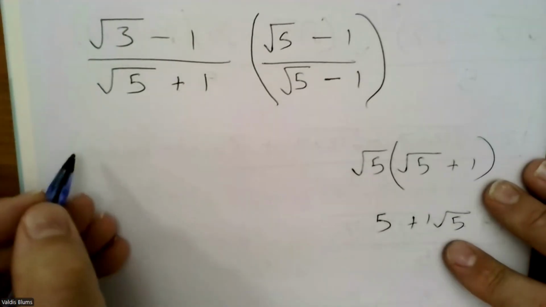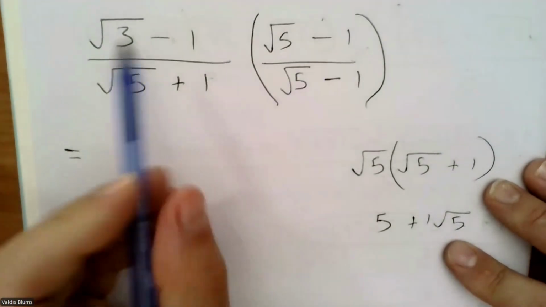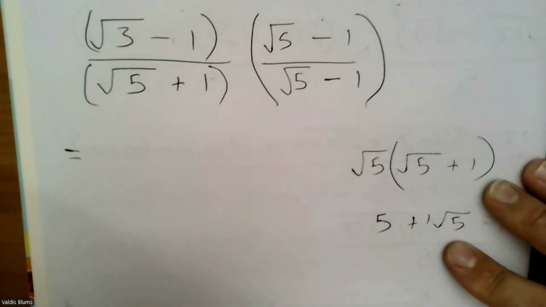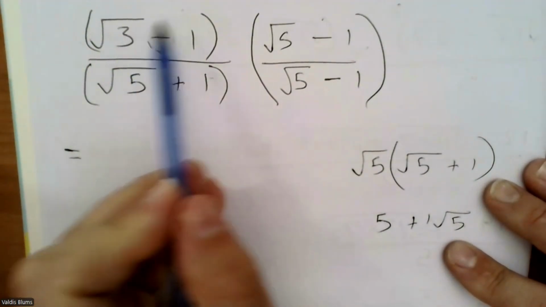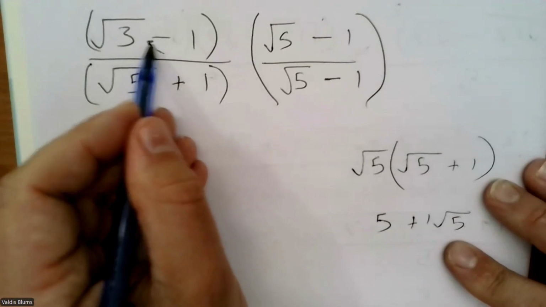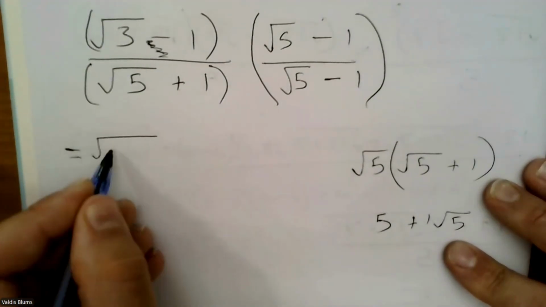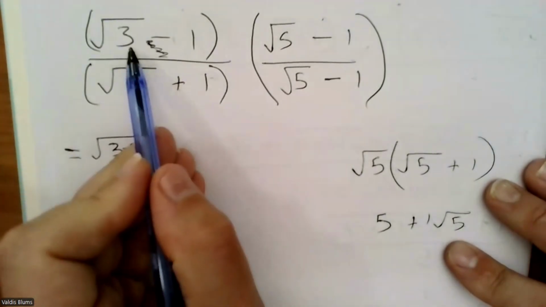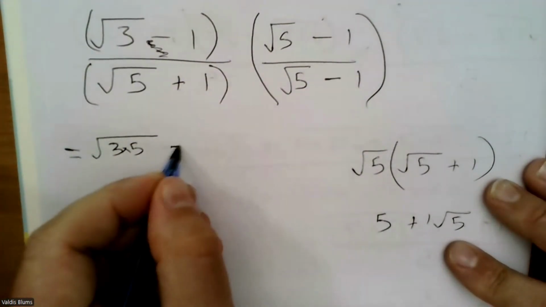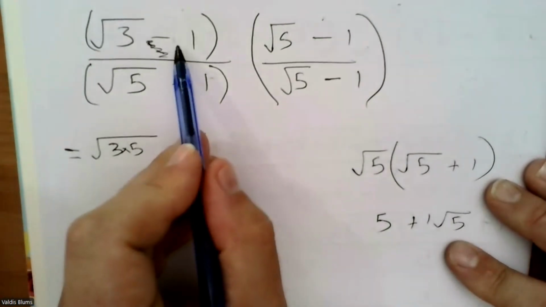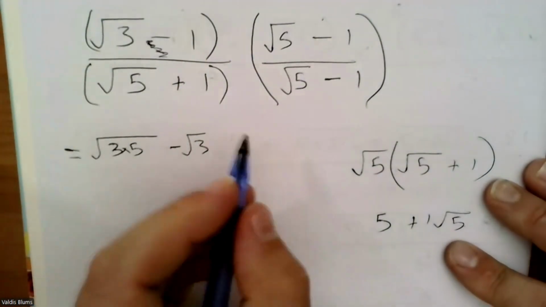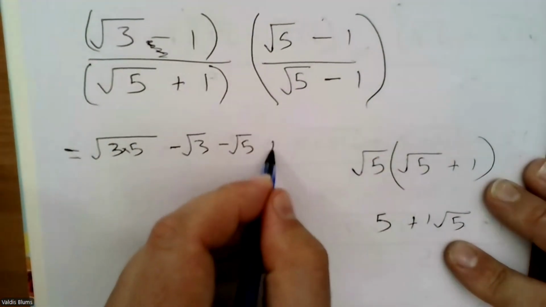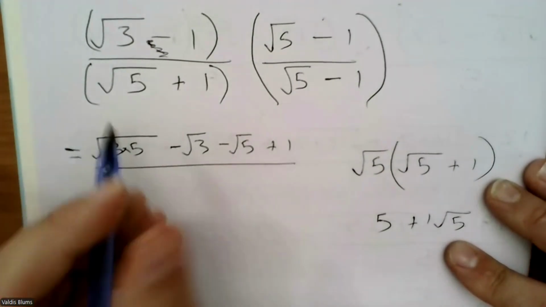Because we have a plus between the two terms, we're multiplying it with the negative. So if we go down and expand this out, remember, it's kind of like these have their own brackets around it. So we go square root 3 times square root 5, so square root 3 by 5. We have a square root 3 by negative 1, so negative square root 3. Negative 1 by square root 5, so negative square root 5. And then negative 1 by negative 1, so we have plus 1, over